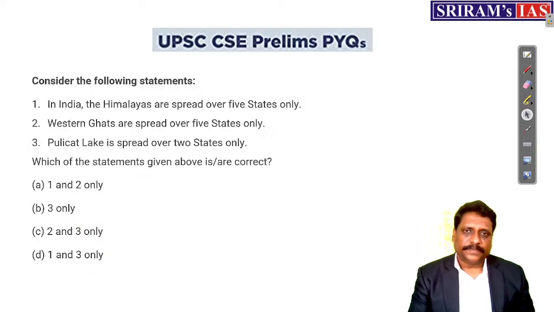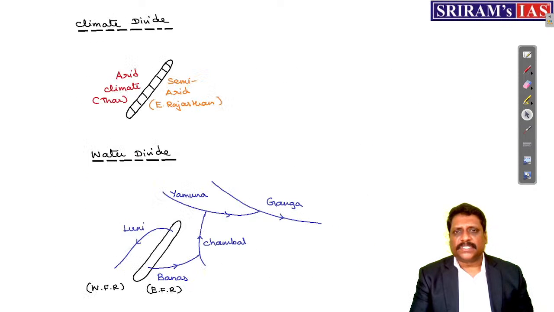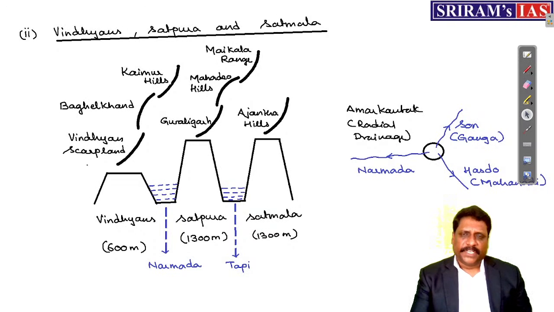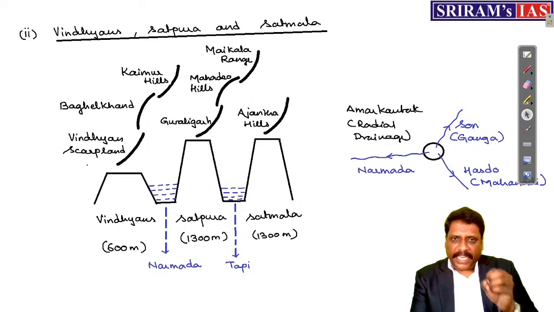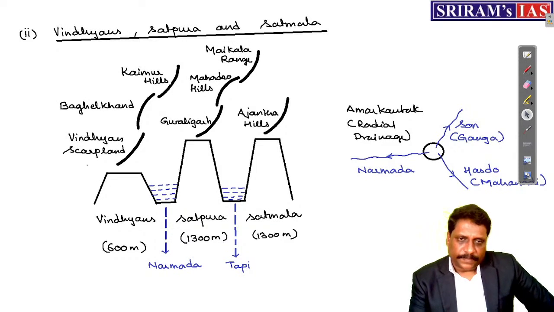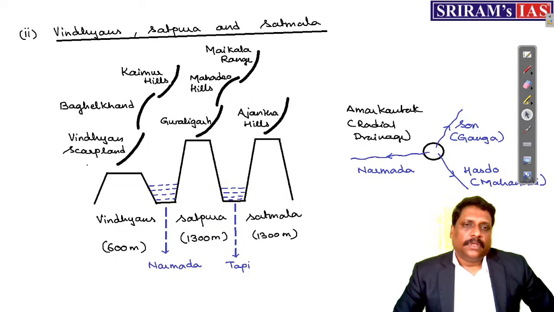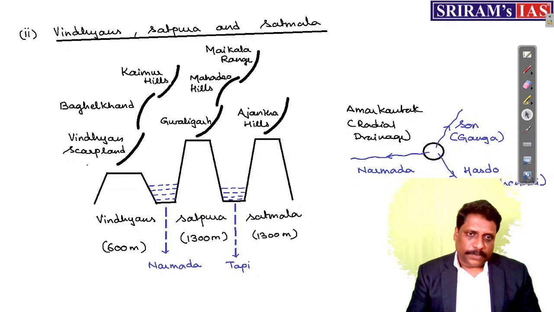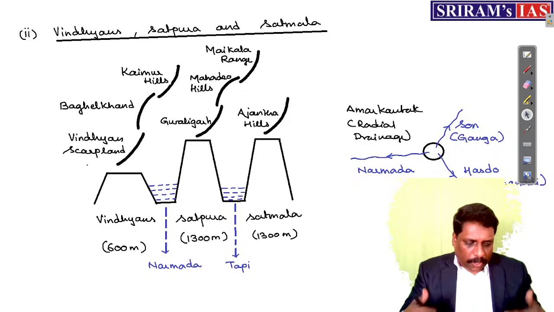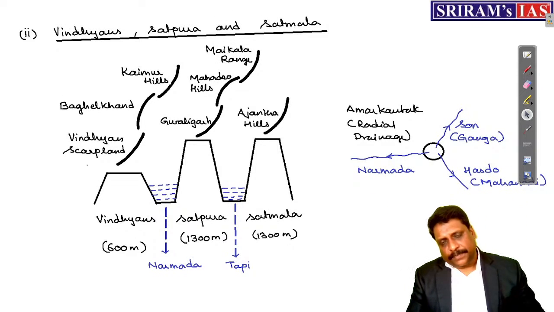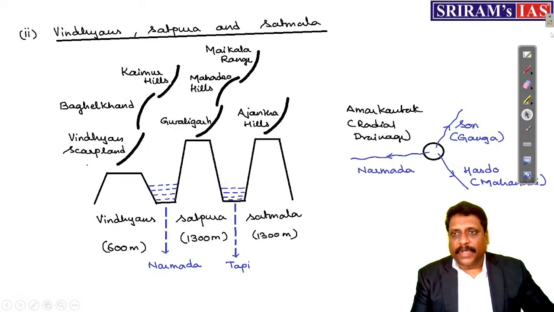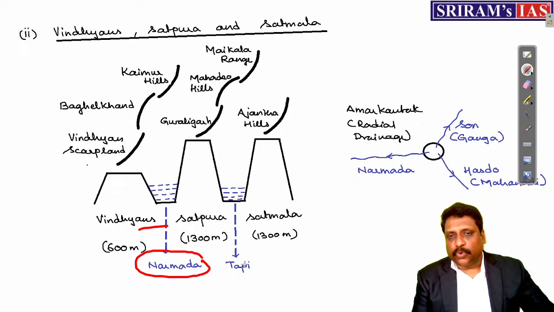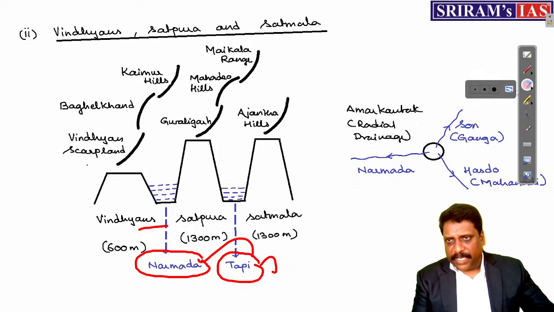That's all about Aravali. And finally, my dear friends, when I talk about Vindhyan, Satpura and Satmala, they are block mountains. See, between any two block mountains, what is very normal and common, if you ask me, is a rift valley. Very, very common. And because most of the time the rift valley occupies a negative altitude, very ordinarily this rift valley will be occupied by waters. Right? And the water occupied rift valley between Vindhyans and Satpura, you call them as Narmada. And the water occupied rift valley between Satpura and Satmala, you call them as what? Tapi. And that's the reason, my dear friends.